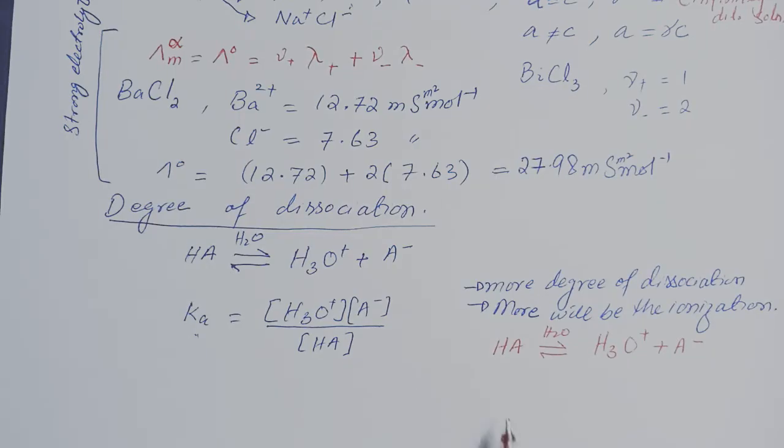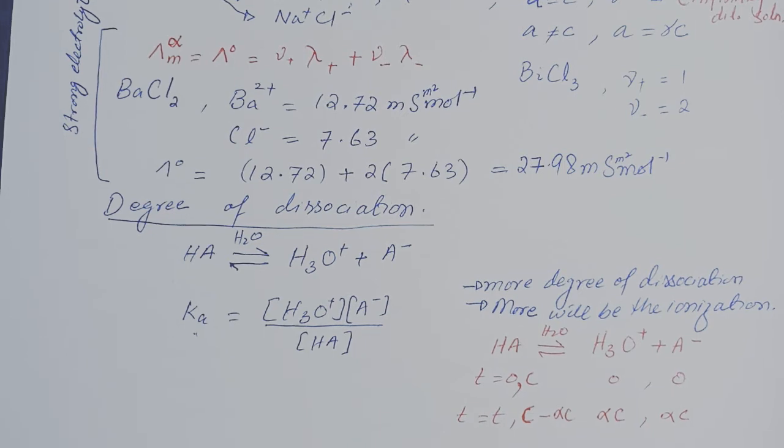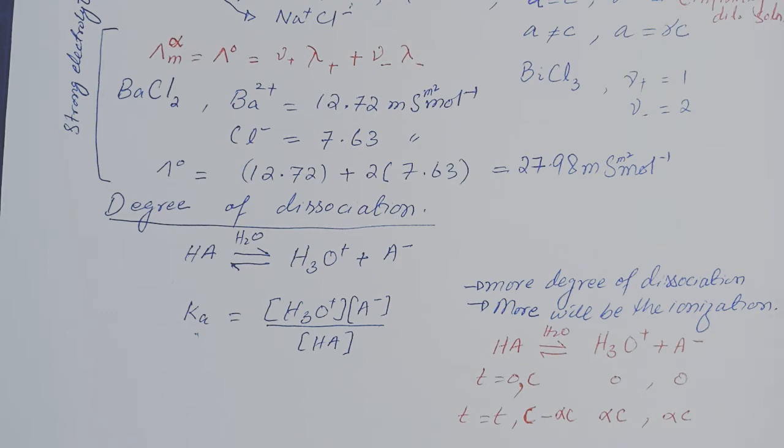Now let's say this weak acid is dissolved in water. At initial stage when time is 0, the concentration of the acid was C, whereas the ionic species are 0, and at time T the concentration of the ions will be equal to alpha C, where alpha is the degree of dissociation, and the concentration of the undissociated species will be equal to C minus alpha C. So according to variation in the concentration of the dissociated and undissociated species, we can rewrite the equilibrium constant as